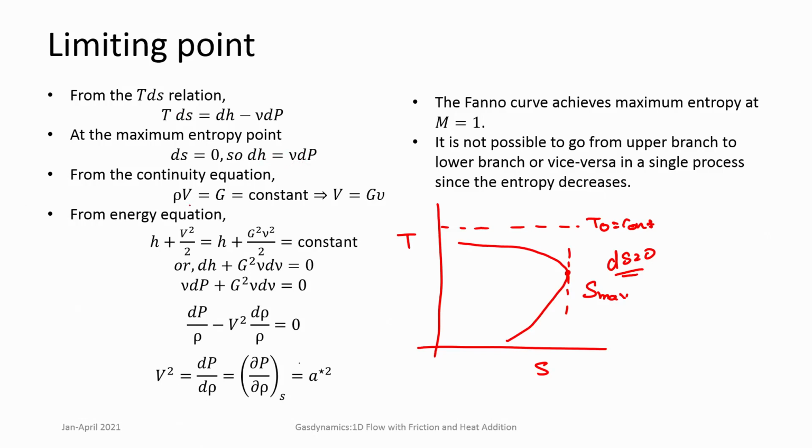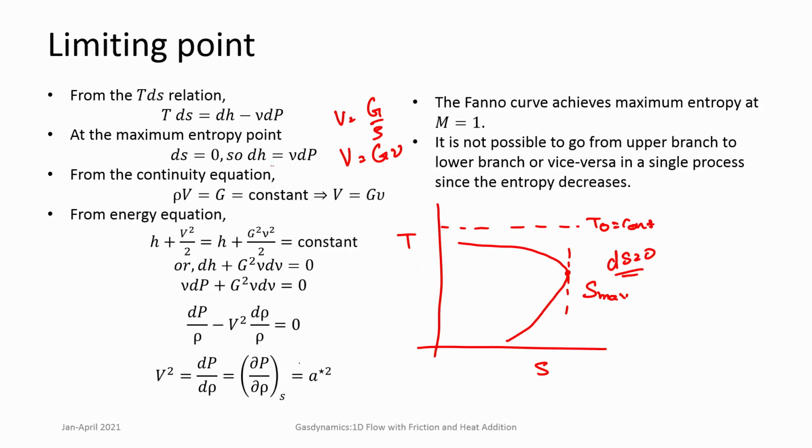and from the continuity equation, or the definition of the mass flux, rho V is equal to G, and G is a constant. So, you can express V, that is the velocity, as G by rho, and 1 by rho is specific volume. So, it is G v, specific volume. Then the other term which remains constant is the total enthalpy, H plus V square by 2. This V square is now written solely in terms of G and specific volume, G square v square equal to constant, and differentiating this equation we get dH plus G square v dv equal to 0,